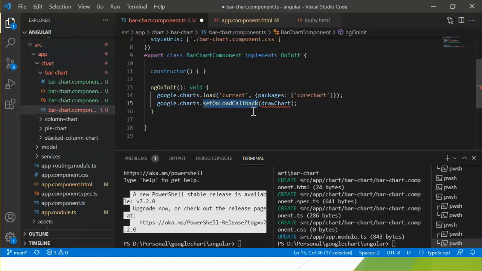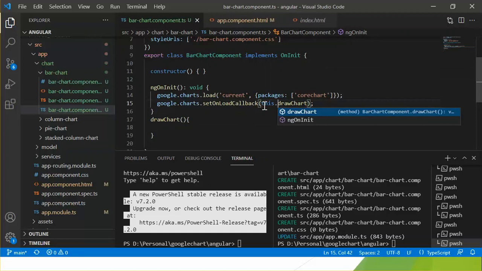And this is the callback method. Once the loader has been loaded, this method will be called. Let's define the drawChart method here. So we're done with the first step, load the loader.